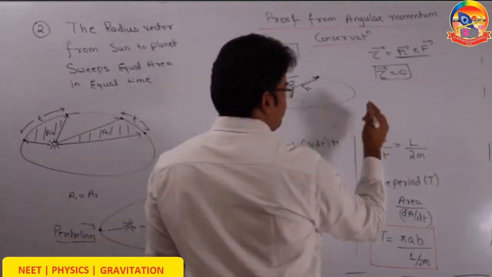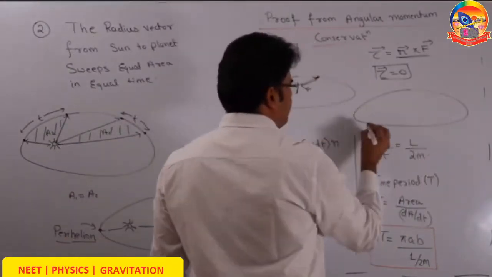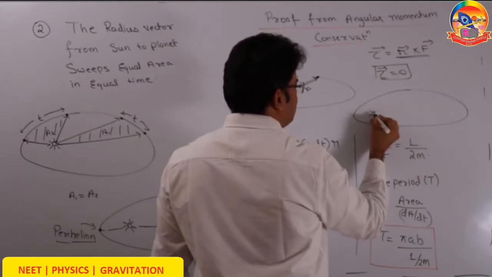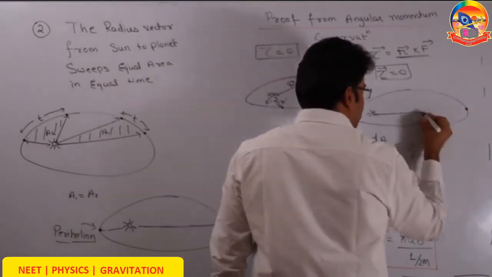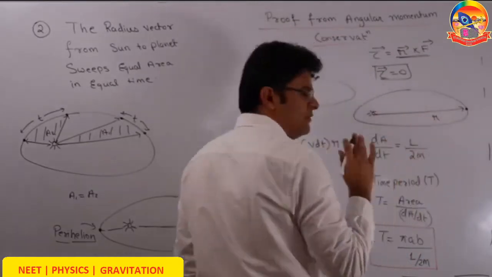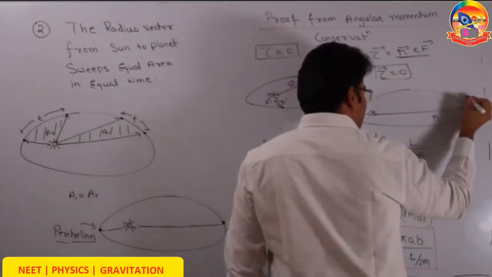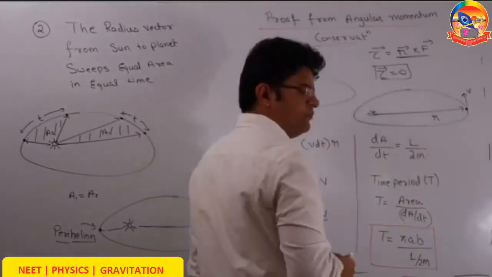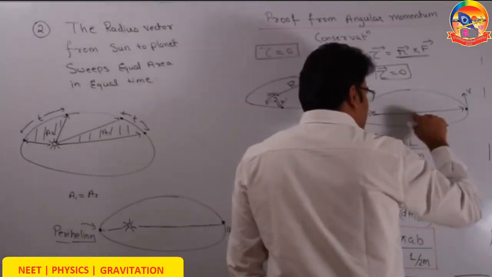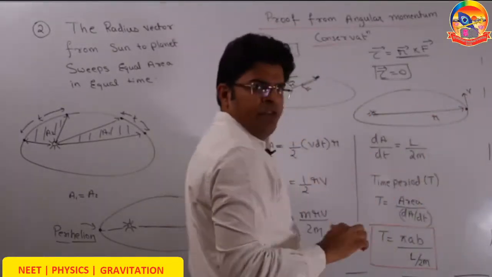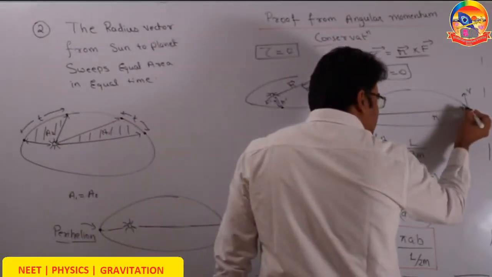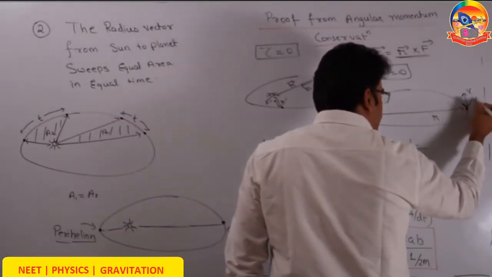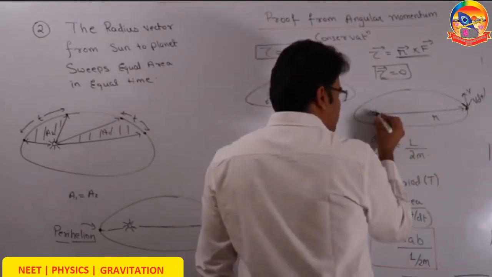Let's say this is a planet. At some instant of time, let's say when the planet is at aphelion, its distance from the sun is r. Let's say the distance magnitude is r, and let's say at that instant the speed of the planet is v. At aphelion, the angle between r and v will be 90. In an infinitely small frame of time dt, the distance traveled by this planet will be equal to v dt. And the planet will be finally here.